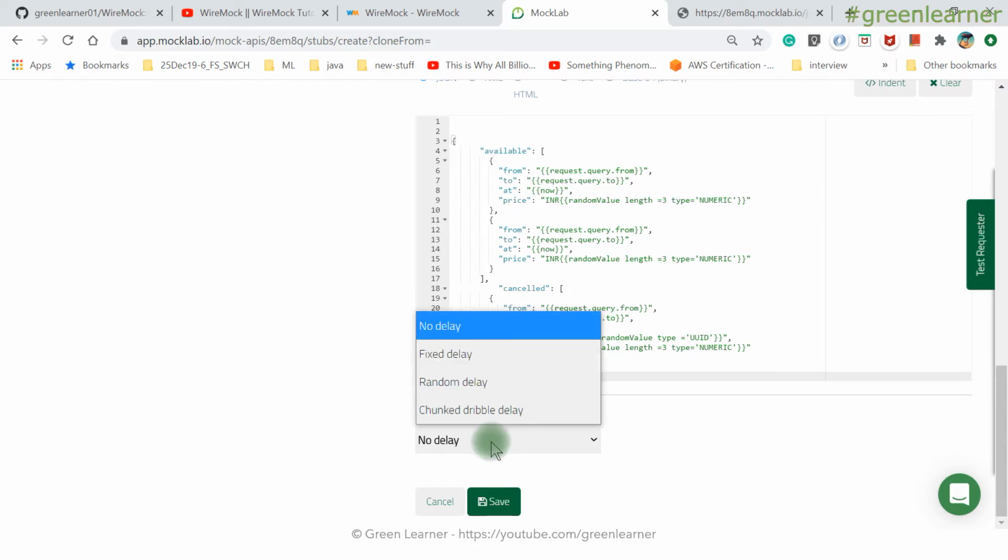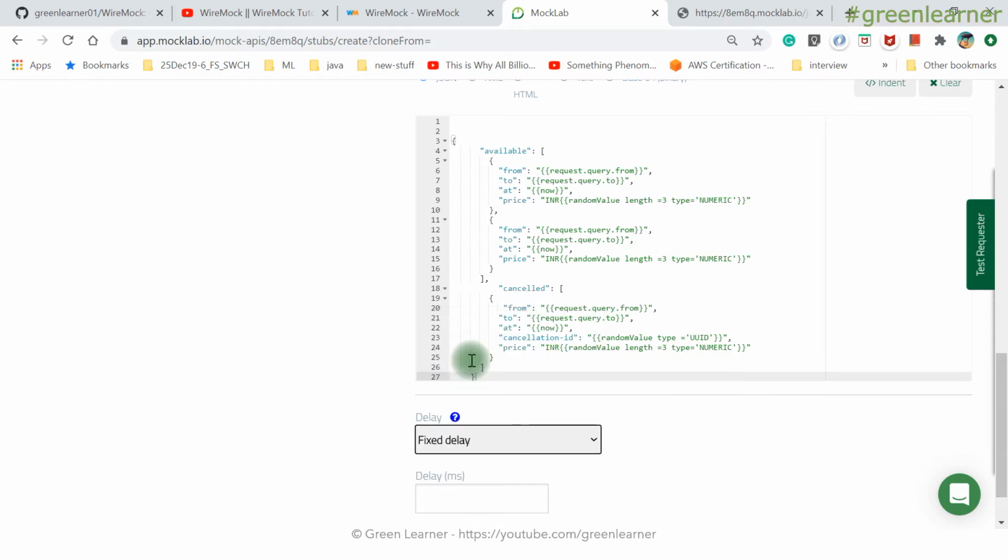This is the delay part. You can introduce fixed delay or random delay. You can relate it to the video where I explained how to introduce delay in the WireMock standalone server as well as in the JVM library, right? If you choose the specific section, they are going to ask for one. I want no delay. As soon as it is ready, give me that response, right?